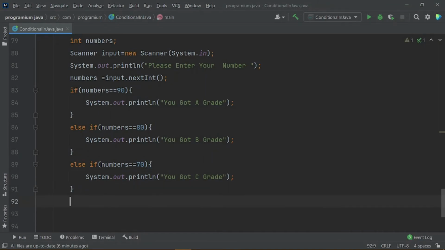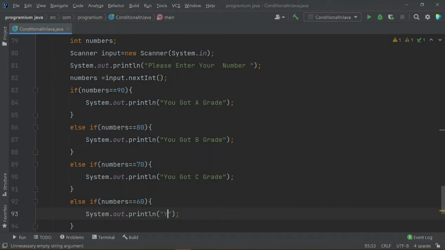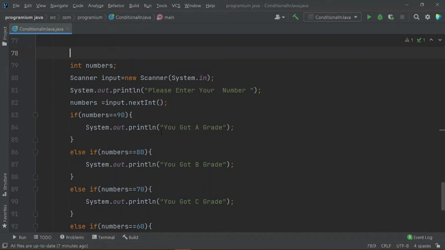But what if the user's number is equal to 60? We would say you are a failure. Okay guys, this is how to use these if else conditions.